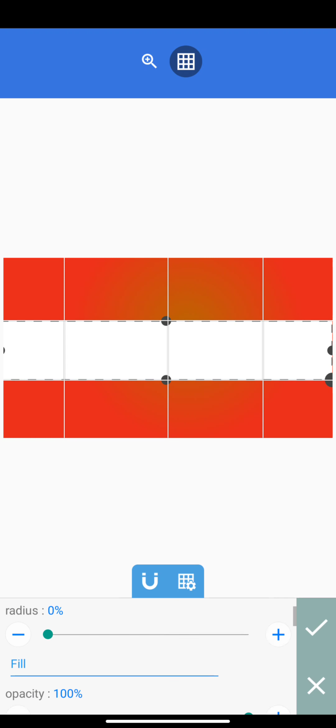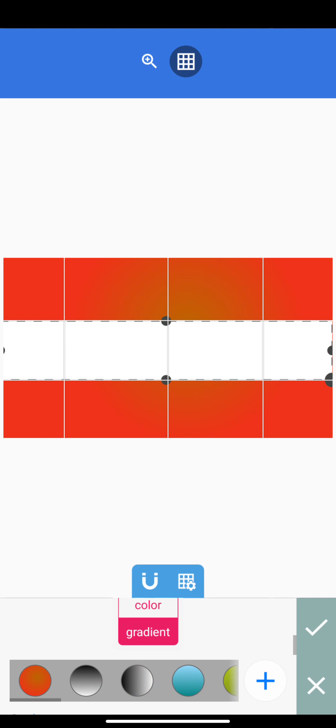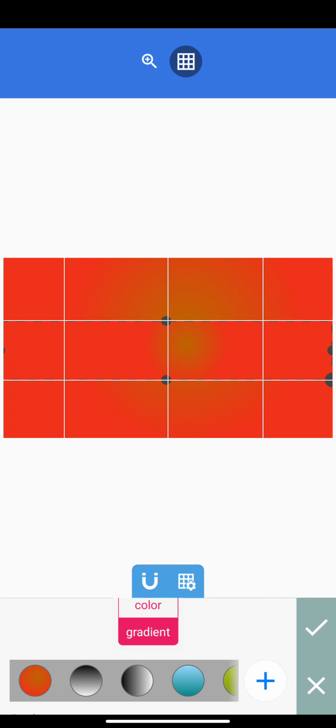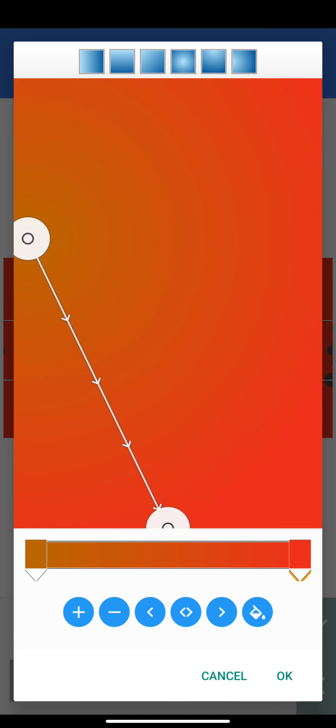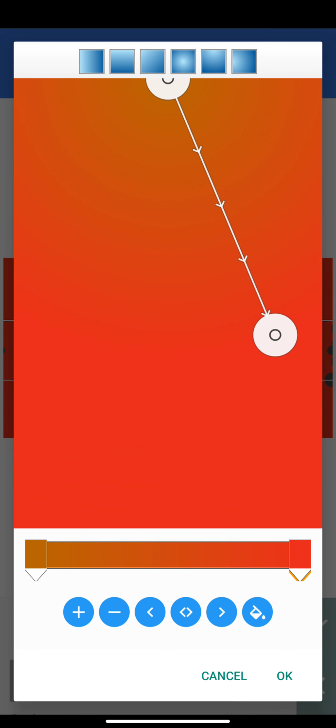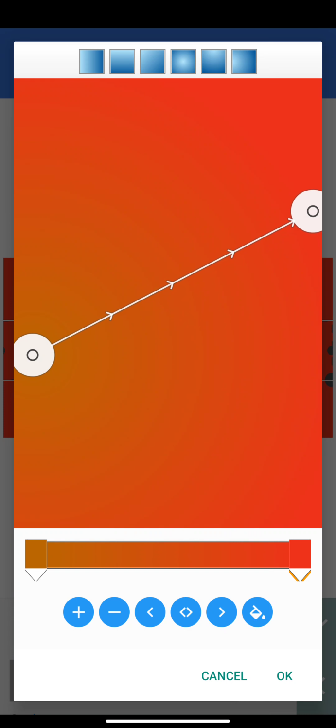It's okay, and I want to fill the gradient, which we have recently used, and I want to change the size and position, this and this. Okay,